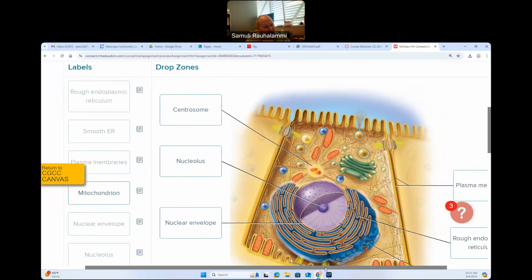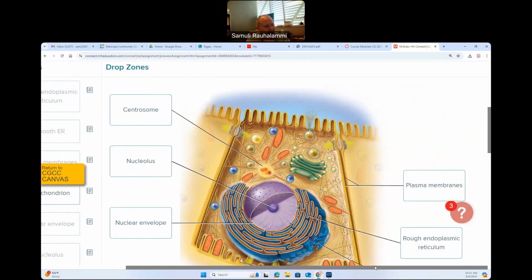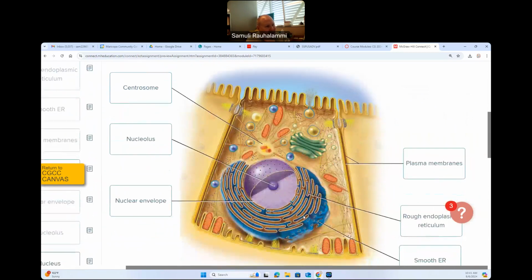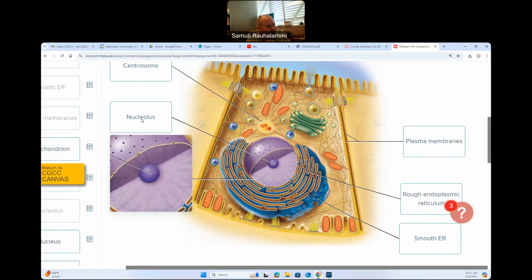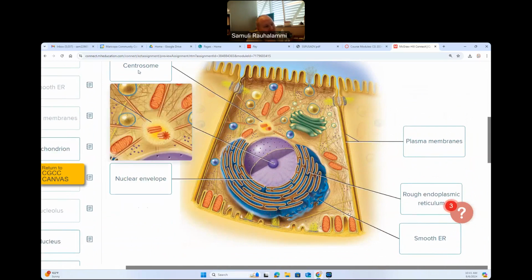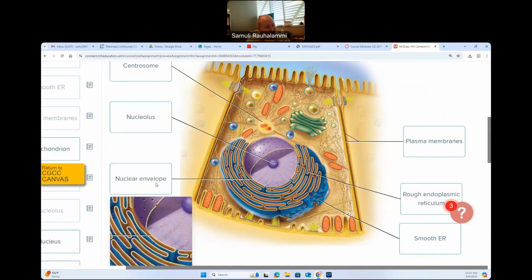Learning the cells and different cell organelles is sometimes a lot of work. I think that a lot of that will be already familiar to you, but I wanted to give you a chance to revise those as well. We're seeing our nucleolus, for example, within the nucleus of the cell. We're seeing our centrosomes that play an important role in the cell division process. We're seeing the nuclear envelope around the nucleus.